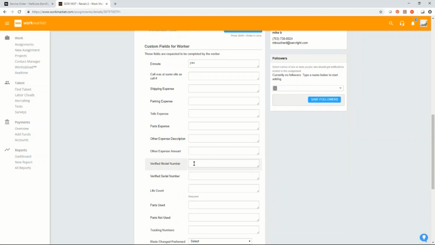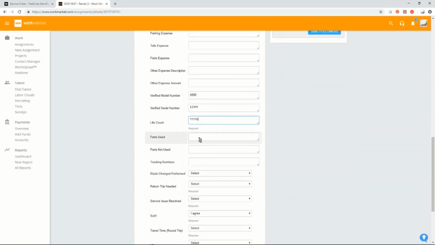We're going to go ahead and verify model number. It's going to say DDDD, serial number 12345, life count 77778. Added another 1,000, I think, on there. Parts used 1. Parts not used none. Tracking number